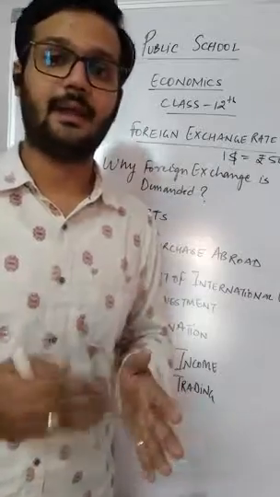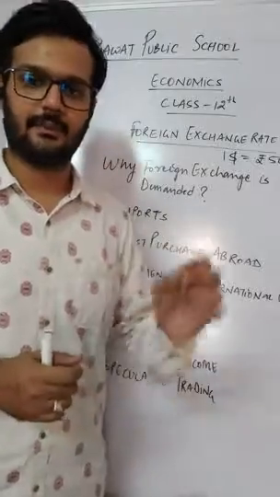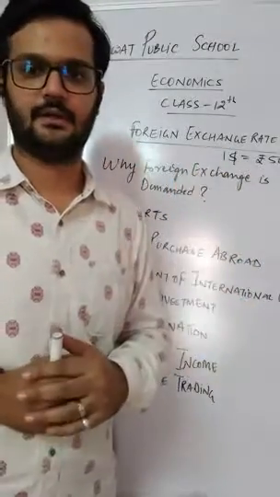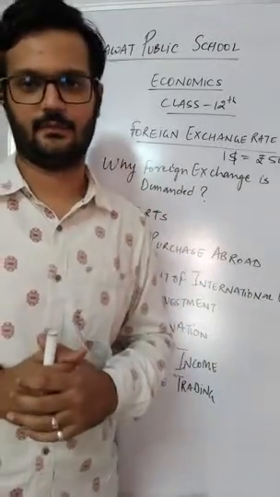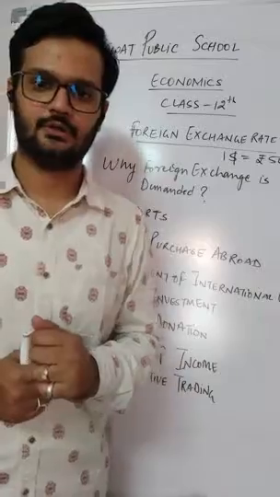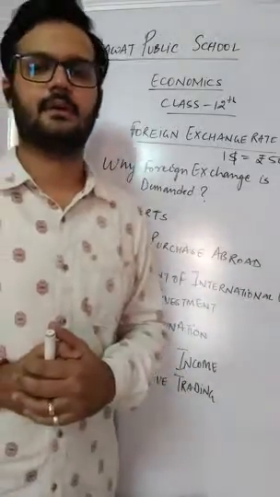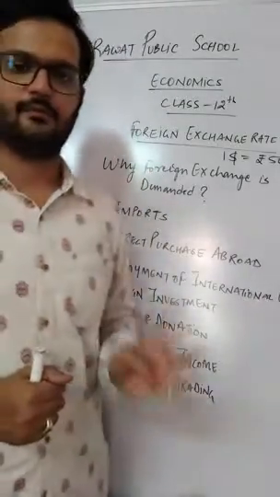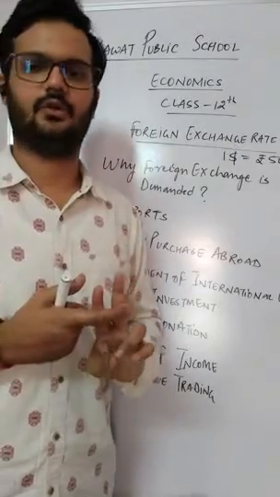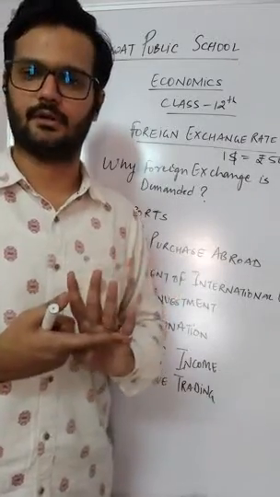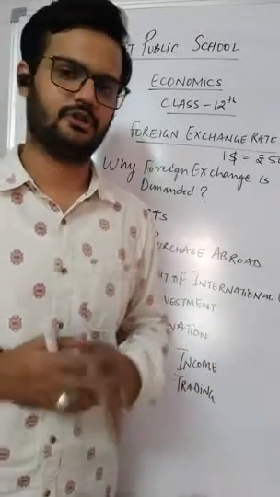So you need to make payment in that particular country's currency. So for that purpose, you also require foreign currency. You also require foreign exchange. So that is our sixth point, payment of income. I've taken a simple example of rent for payment of income. Four types of income there are: rent, wages or salary, interest, or profit. Whatever the income is, if you are paying in some other country, you require foreign exchange for that.